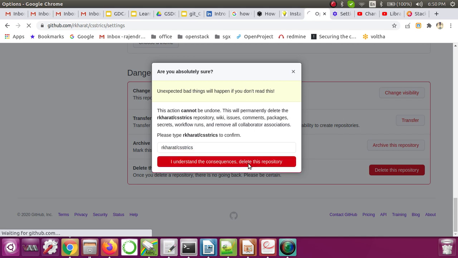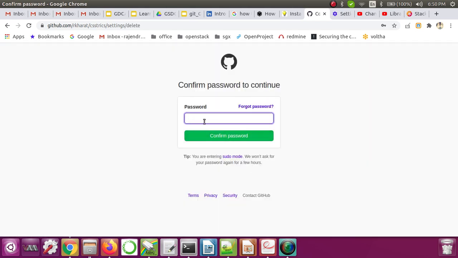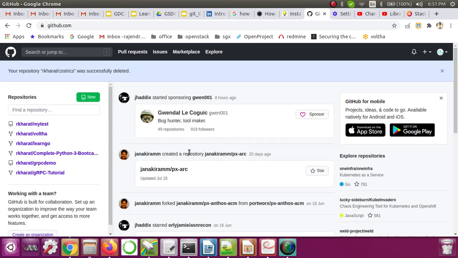Okay, I understand, delete this repository. Okay, so now it is asking me the password. Let me give the password. Okay, so that's it. Now repository is deleted.